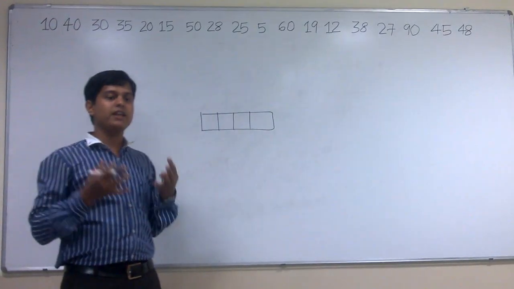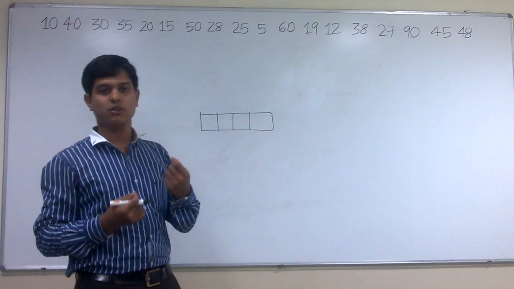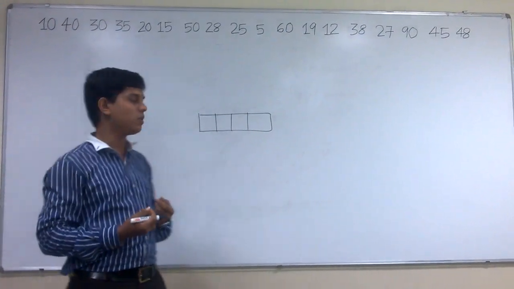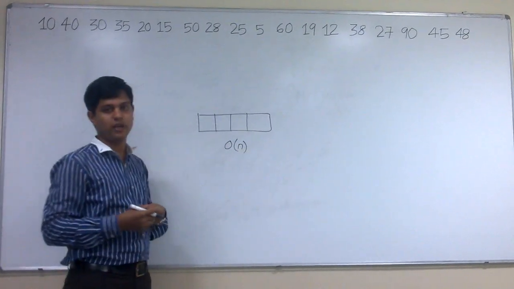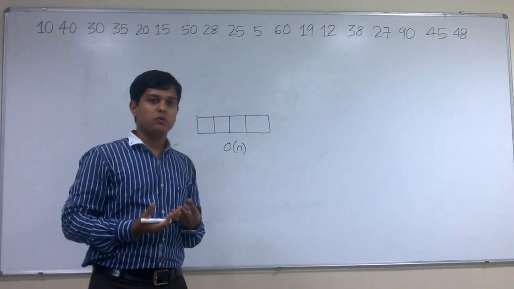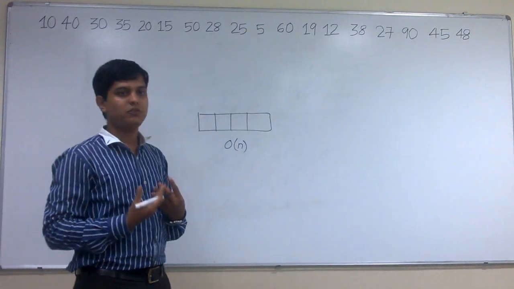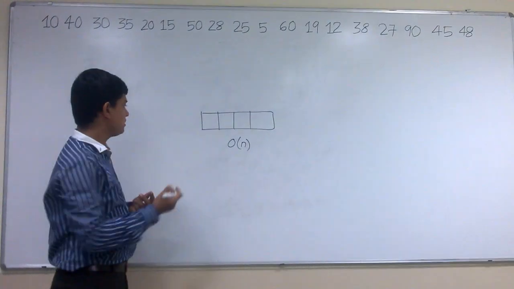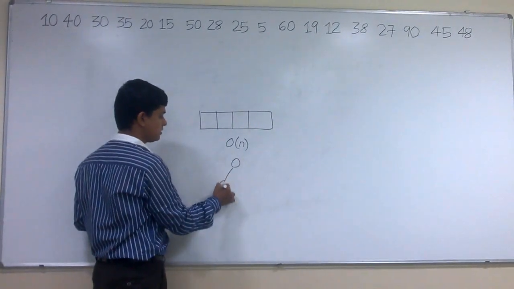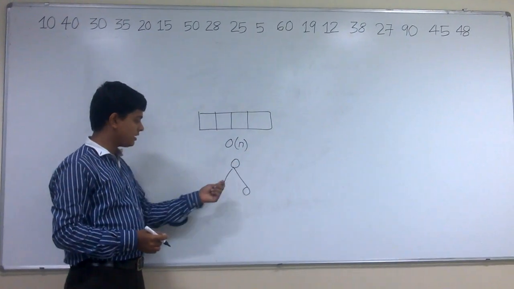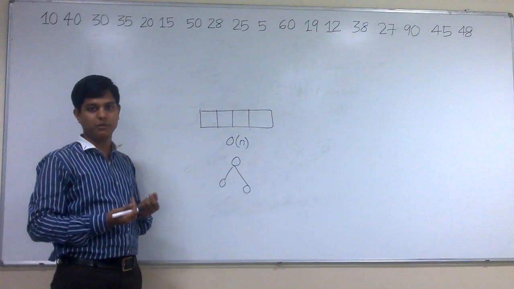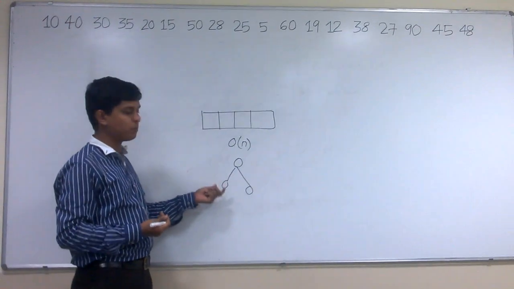So if there are n elements and I want to search a particular element, at that time we require a complexity of order of n to search an element in a list of size n. So if you go for a nonlinear data structure, for example, if I choose a tree as my option, then the data may be stored like this. There may be a structure like this. The root node contains some element, and the left subtree and right subtree contain some elements. So this is a form of a binary tree.